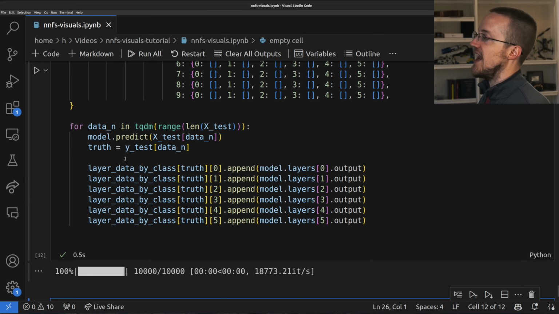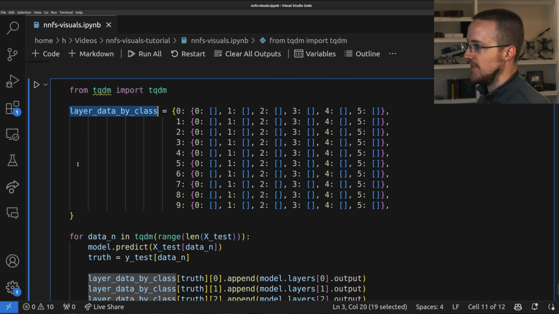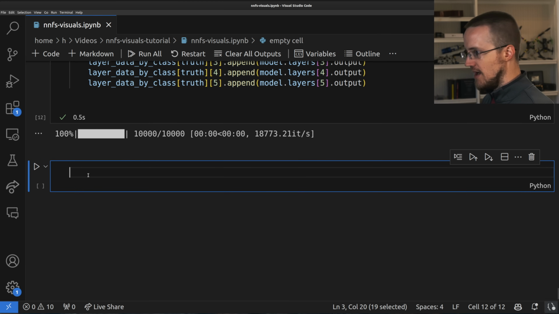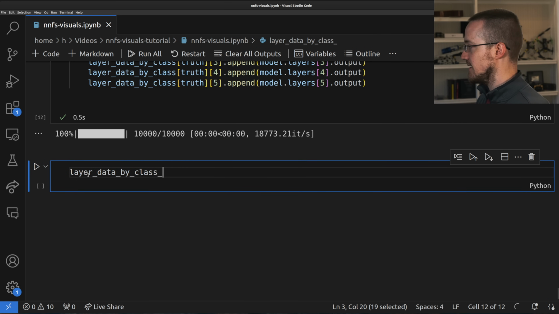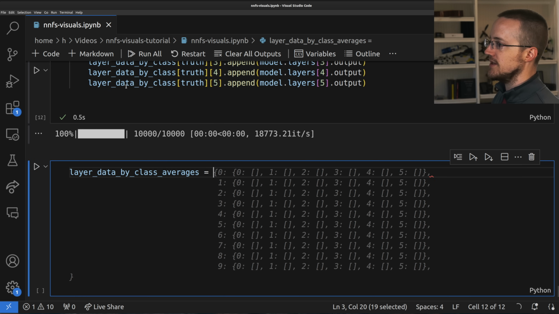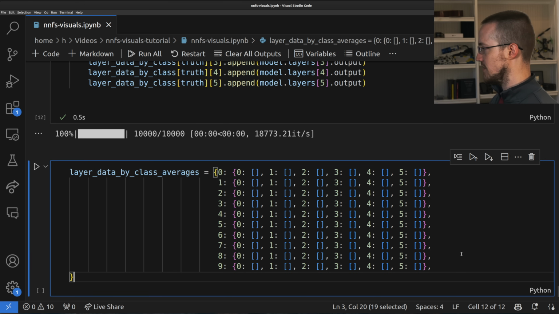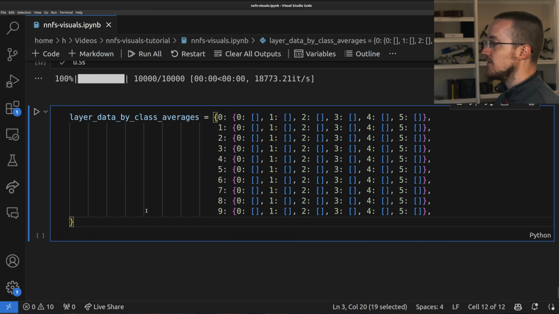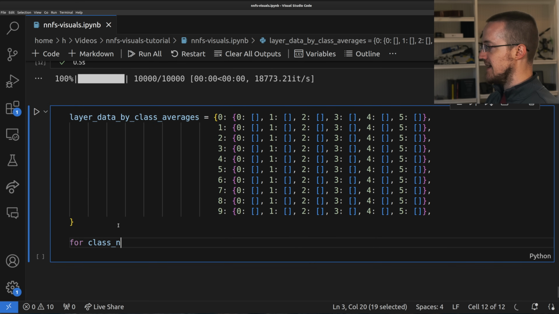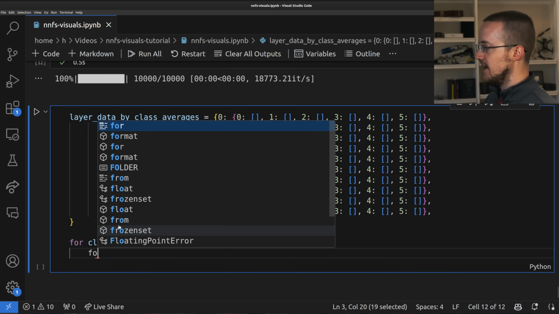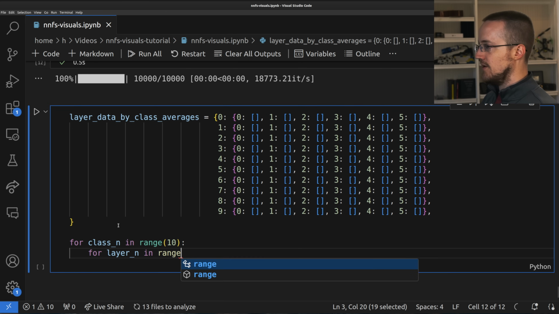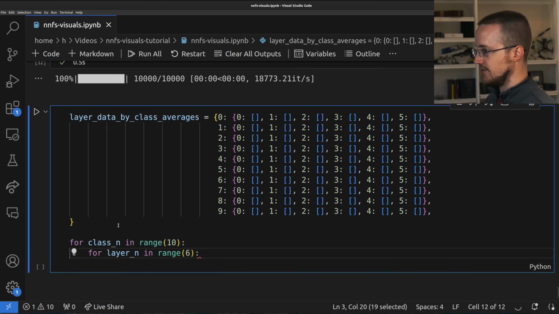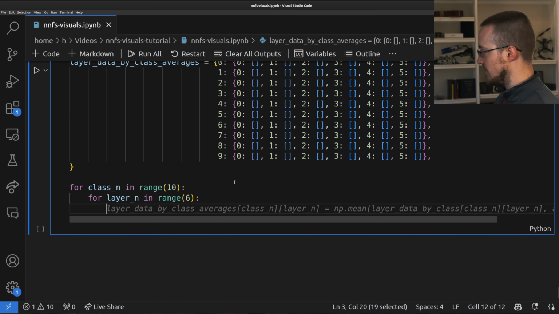And now what we want to do is average this layer data by class. So I want to say layer data by class averages, and that's going to be equal to really the exact same thing. Then for class n in range 10, we already know we have 10, so we'll just do that. And then for layer n in range 6, because we have 6 different layers,